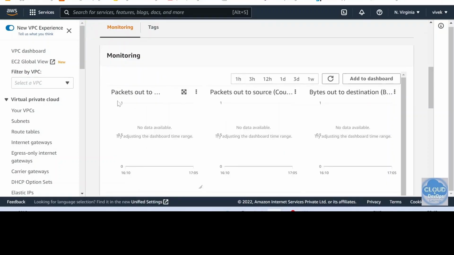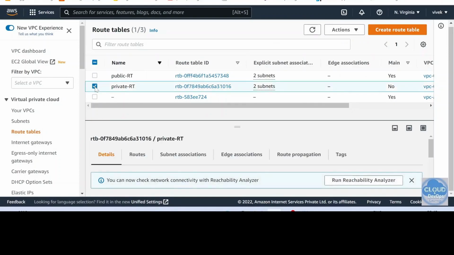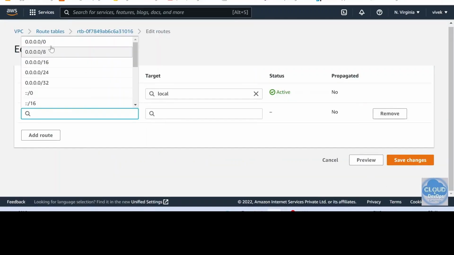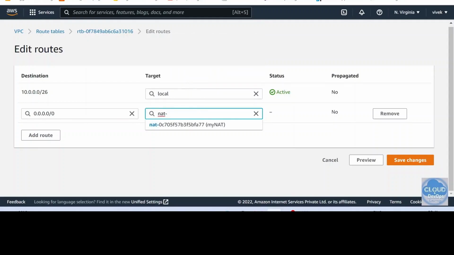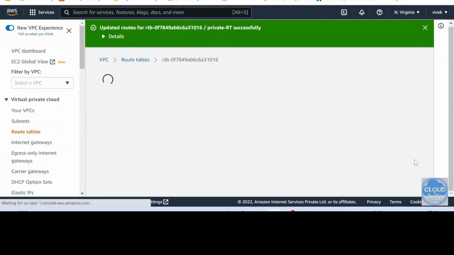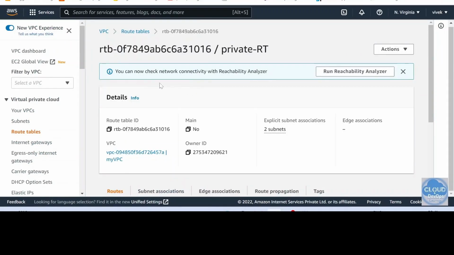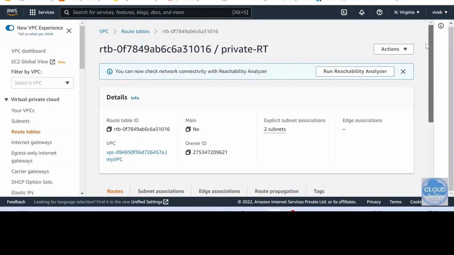attach this NAT gateway to our private route table. So let's go to route tables, click on private route table, routes, edit routes, and add route. So if you remember, we did the same stuff for public route table. In the same way, we will select the NAT, and yes, we got the option here to select. Now save changes. Yep, so NAT gateway is configured now. So yep, we are done with our basic network configuration on the AWS